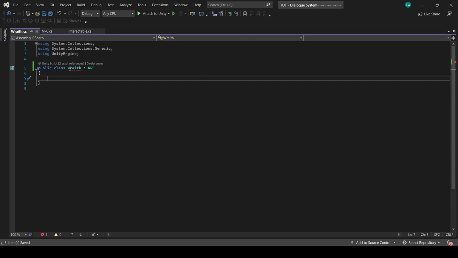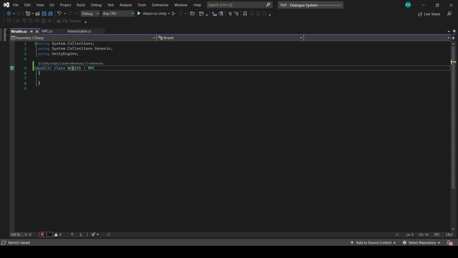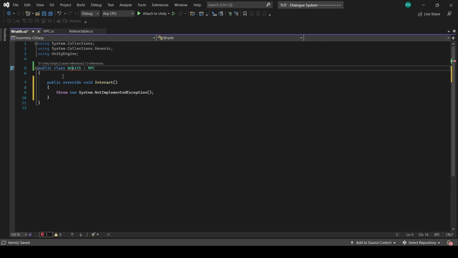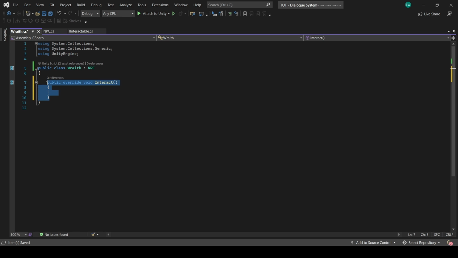Okay, and as soon as we do that, you're going to get an error on our class. Wraith does not implement inherited abstract member. So it's going to force us to implement that abstract method, Interact, finally, in this script. Okay, so we're going to right click, go to quick actions and refactoring, implement abstract class. Okay, and that gives us a public override void Interact. So this is where we'll put the real code for what we want the interact to do for our Wraith